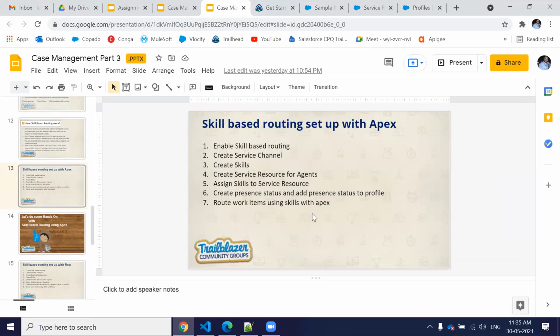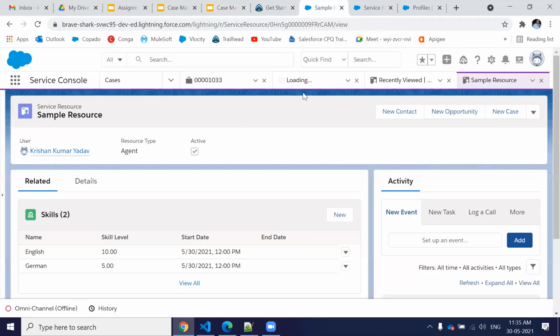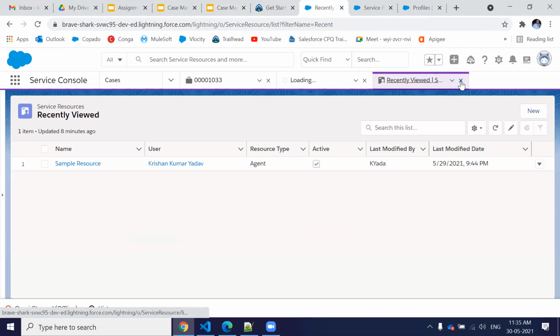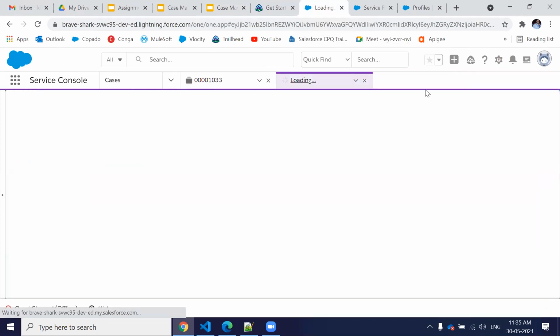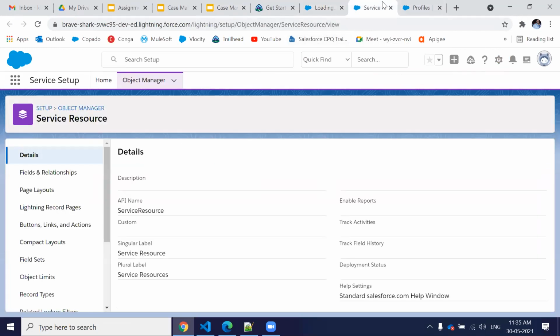Now, how is my Apex going to initiate the process, how is it going to assign, how does it send the information to omnichannel, and how is omnichannel going to route the work? To do that, I already told you guys that you should read a little bit about Apex, because that is going to help you.